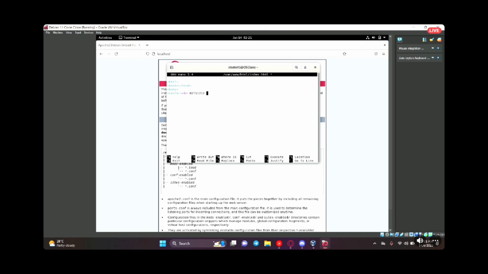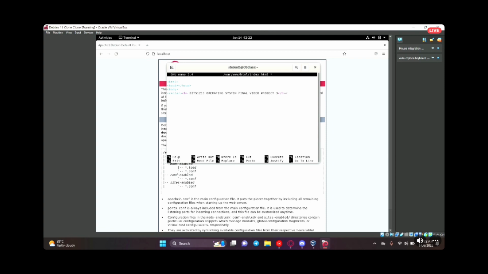Then we'll put <b>, so that the text inside is going to be bold. I will put BITS 1213 Operating System, Final Review Project 3, which you can customize. You can have other sentences or other words, so go and play around with the wording. So </b> to close the bold,